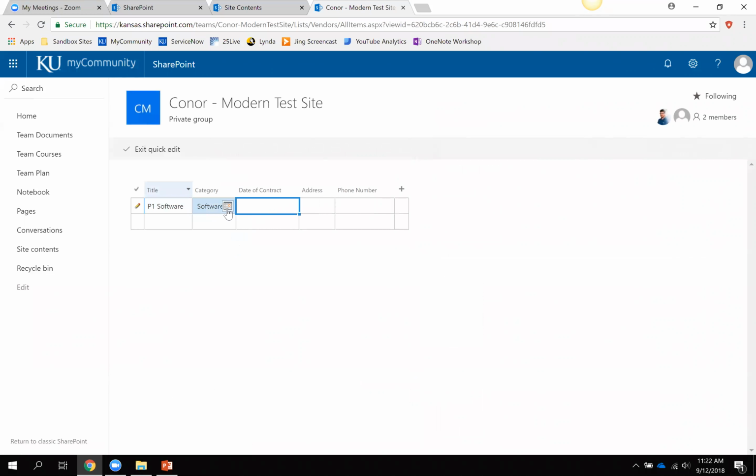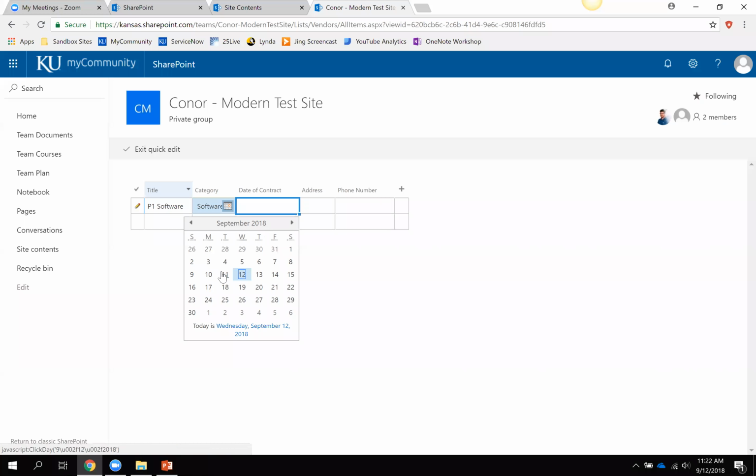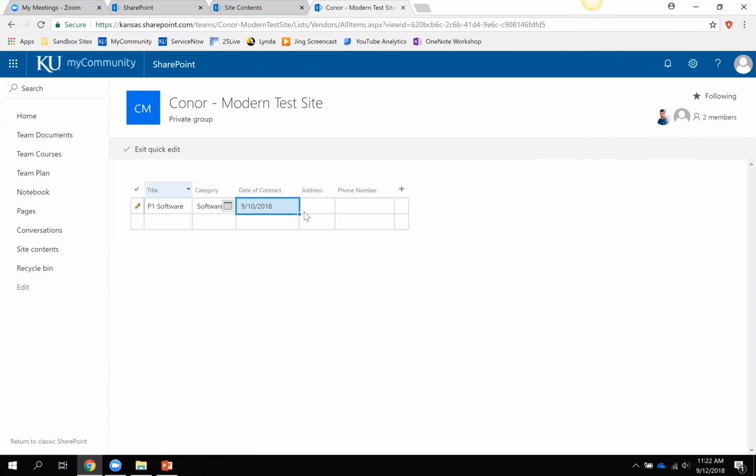We entered in the contract with them on the 10th of this month. Their address is 123 Street. And 1, 2, 3, 4, 5, 6, 7, 8, 9, 0. And as I just keep using my tab key, it'll go across and enter in the additional stuff. Let's do,